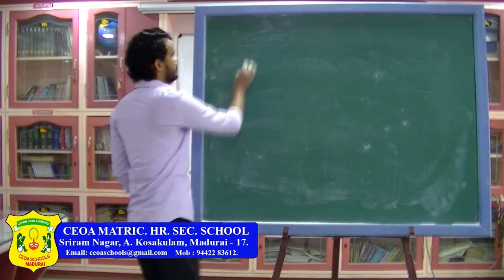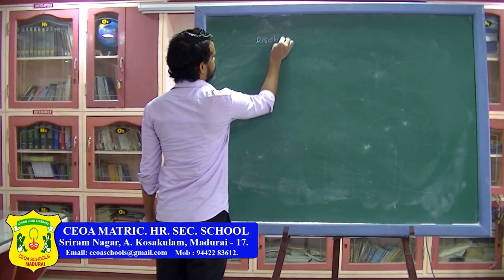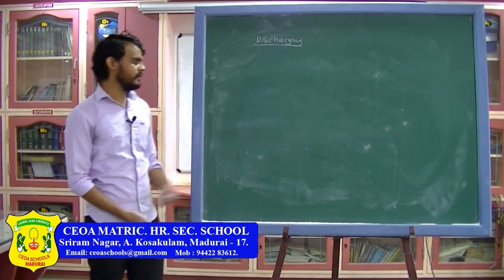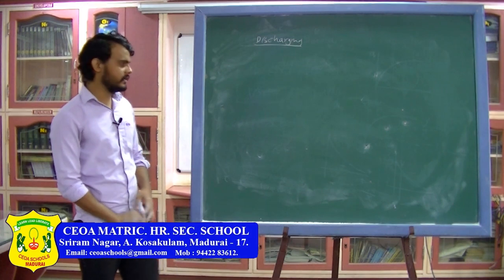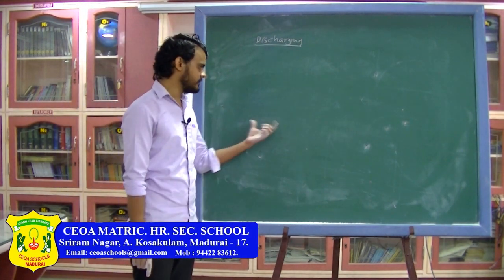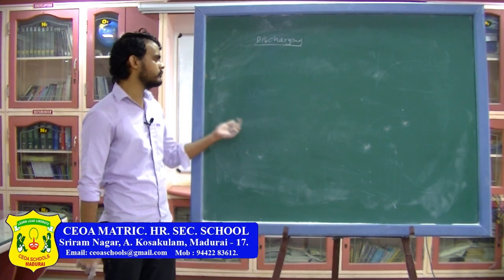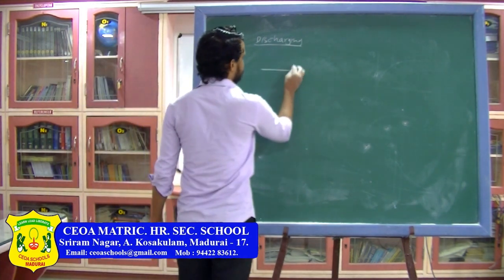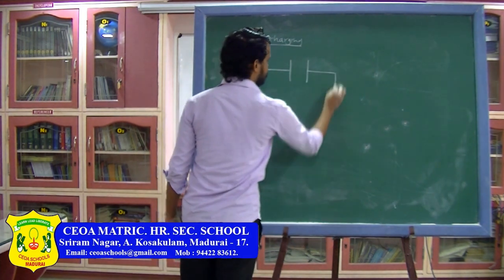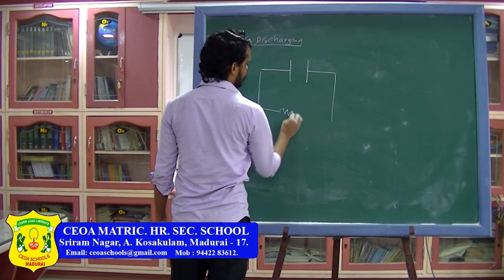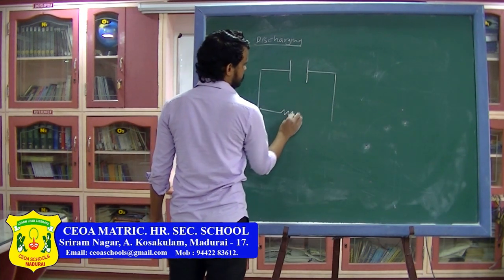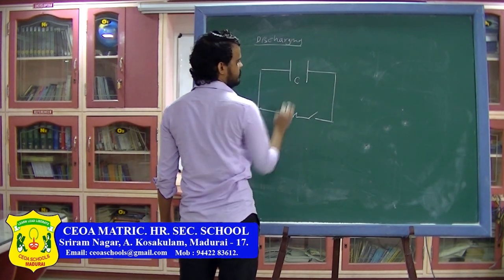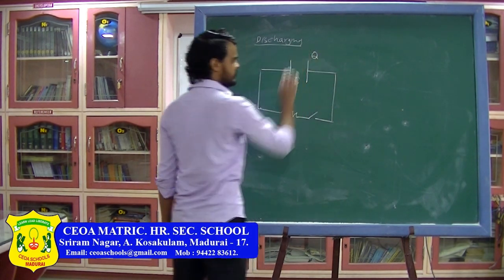Now the last thing is discharging of capacitor. Now we have seen that if you want to charge the capacitor, connect it to a battery and slowly it is going to get charged. Now once the capacitor is charged, you have to use it. So to discharge the capacitor, you can connect it to an external load or resistance. So you have a capacitor. Now this capacitor is already charged, or it has certain charge. So initially I am assuming the capacitance of this one is C and the charge on the capacitor is Q.